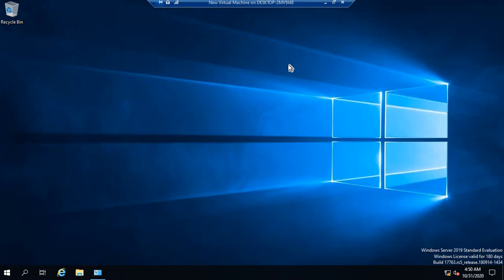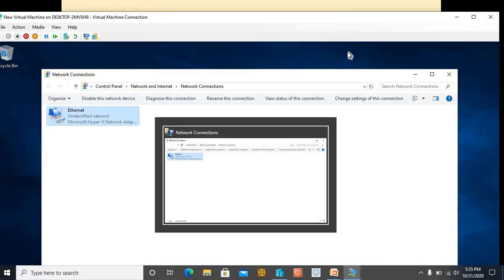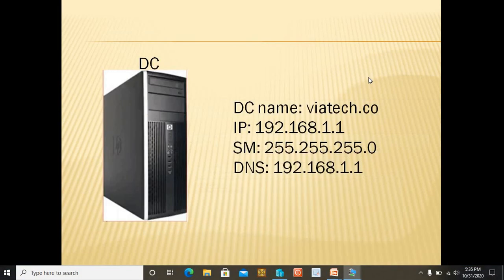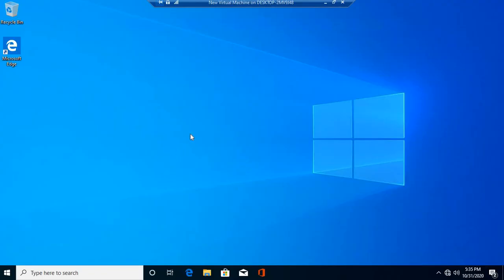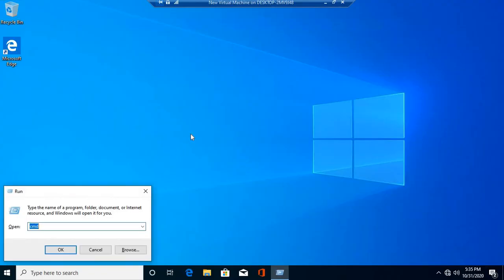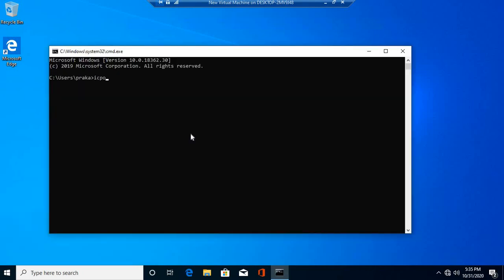In order to test the connectivity, I do have another PC installed over here, which I have as a client. I would like to show you that this is the client PC. Windows 10 is installed and the IP configuration is already done over here, because I'm going to use it as a client. So if you see over here,